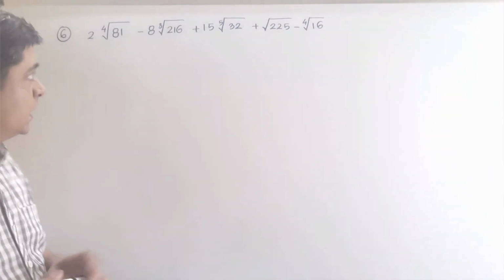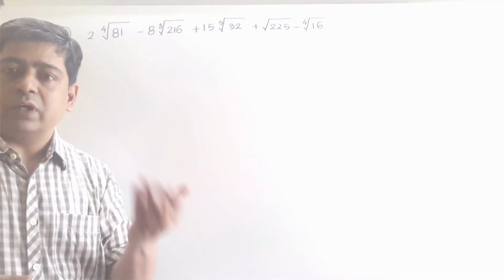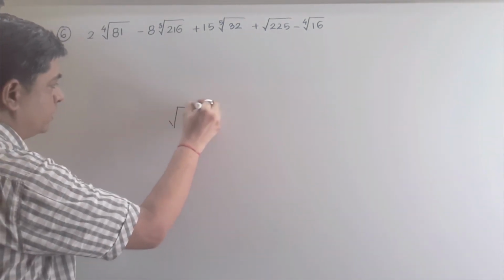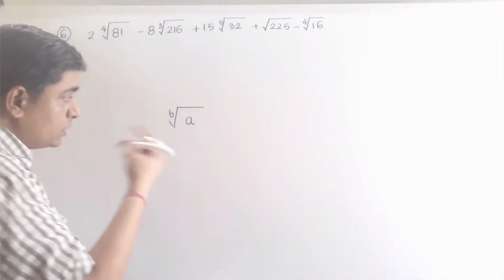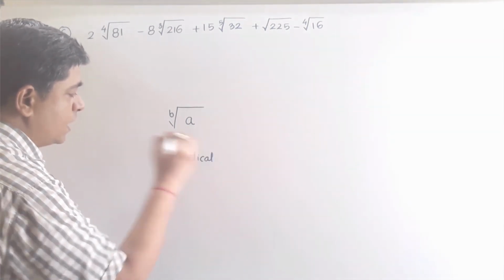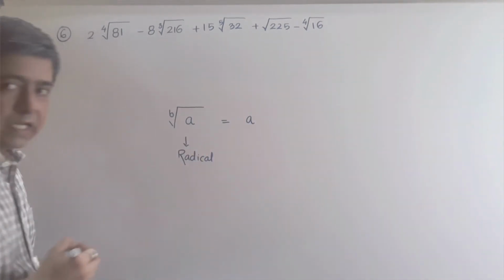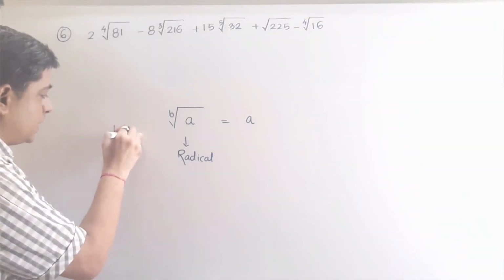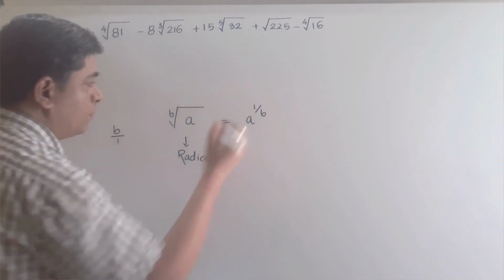First of all, remember this one is given in radical form. So radical form you can always convert into exponent form. For example, suppose I have given one particular term whose root is given b and here it is given a. So this is called the radical form of any expression, and I can convert it into exponent form. So how can I convert? A will come as it is, and this b will be reciprocal. Actually, b I am supposing as b upon 1, so it will become 1 upon b.